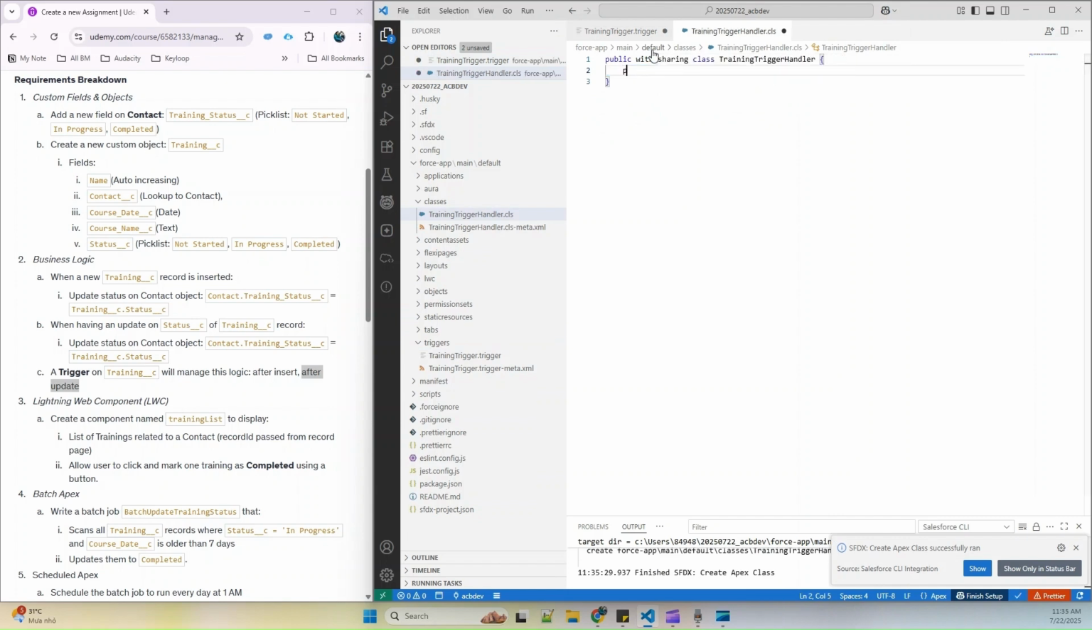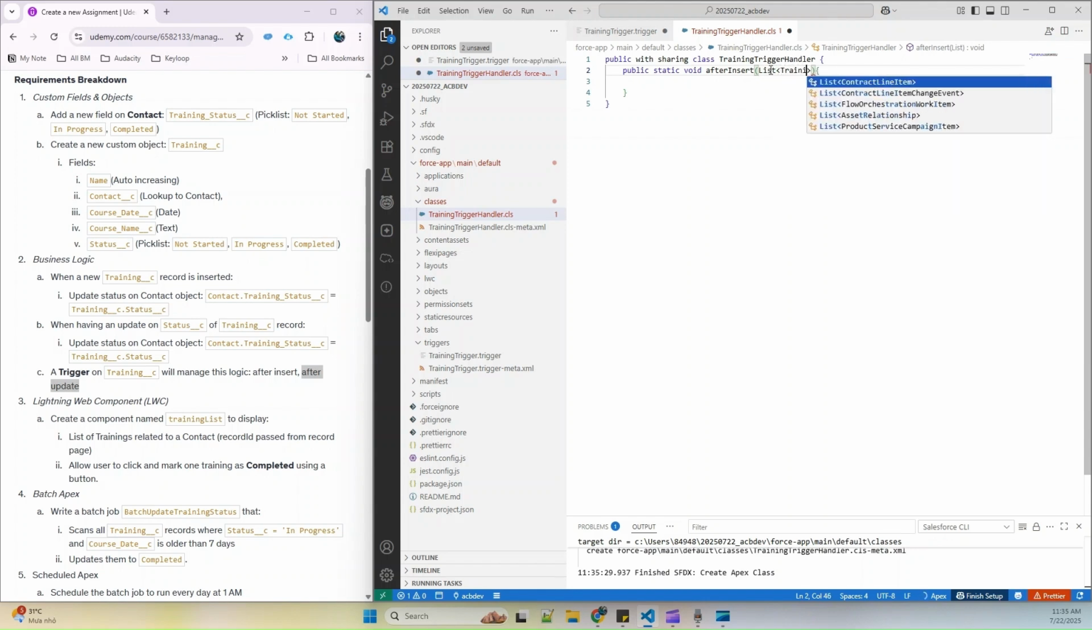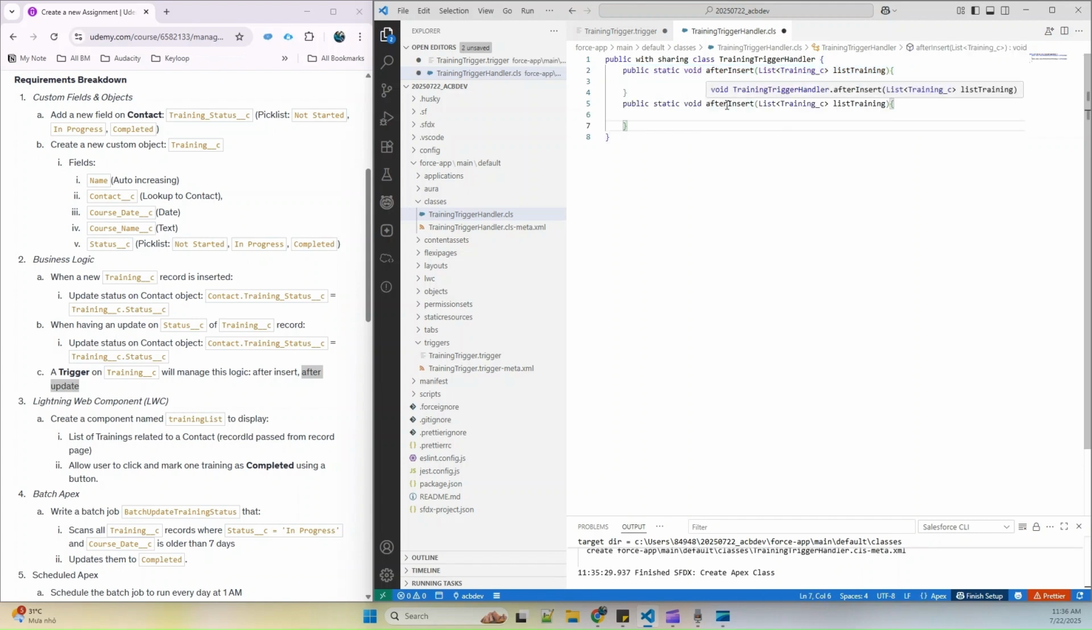In this handler, we will create a new two methods. Public static void afterInsert, and afterInsert we will have a list of training, and we have another method here. afterUpdate here, we also list training. I will name it listNew,